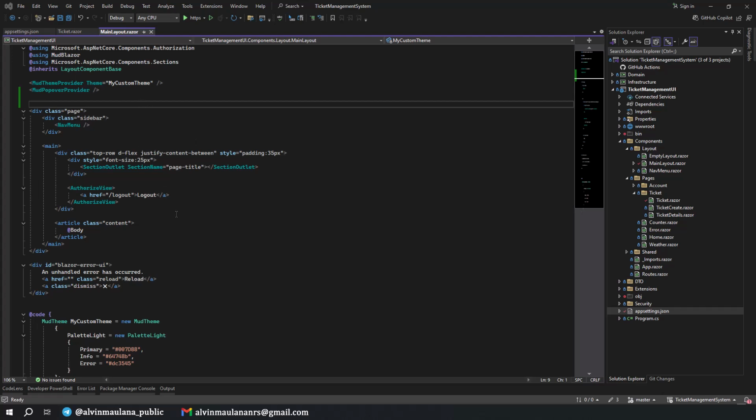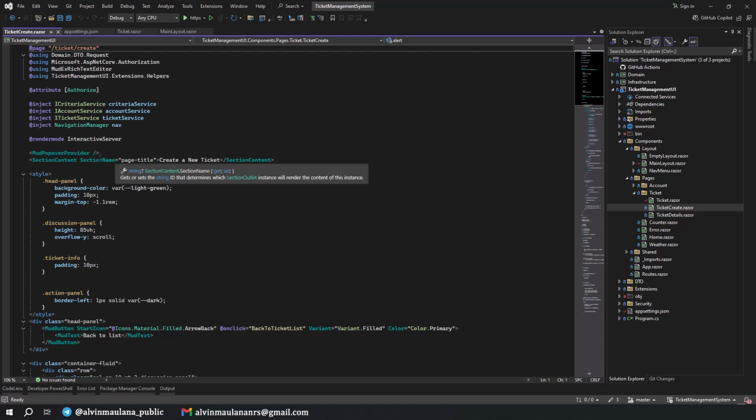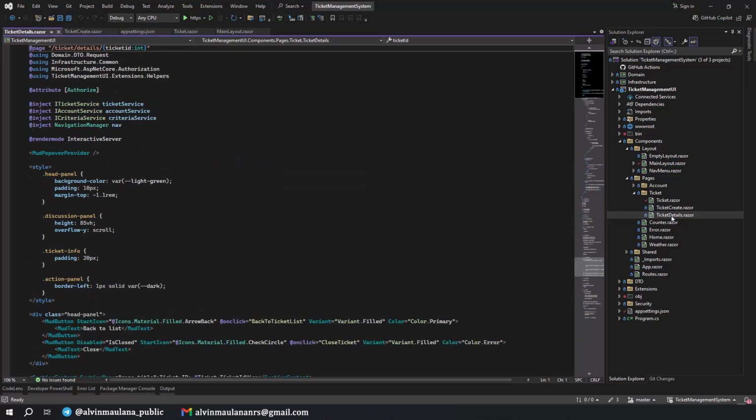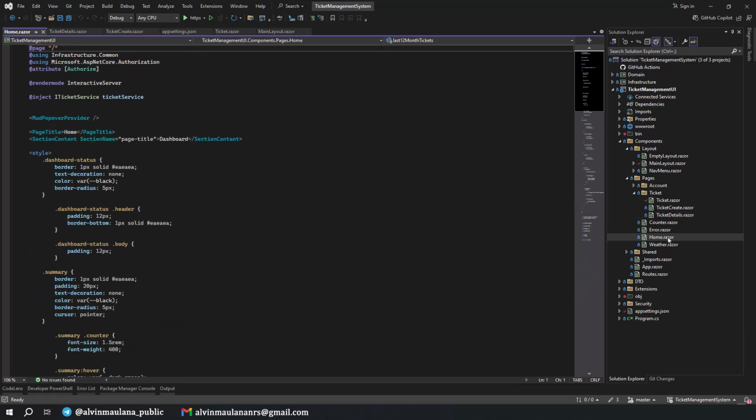What we can do, actually, is put the render mode here, and we should put interactive server. And we can also do it for the others.